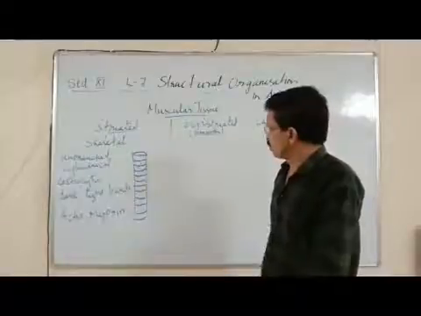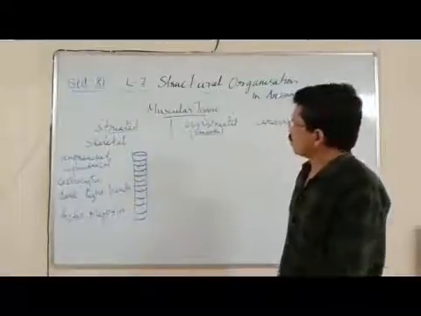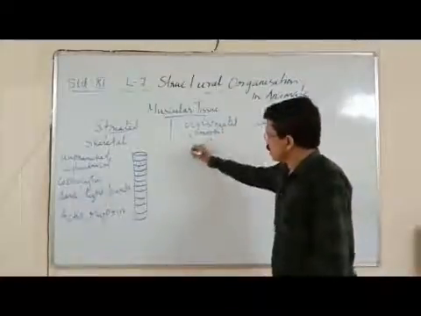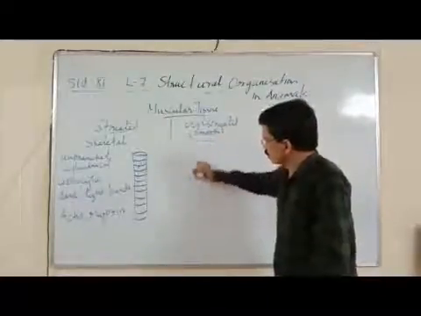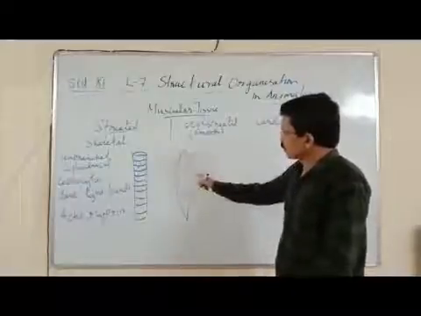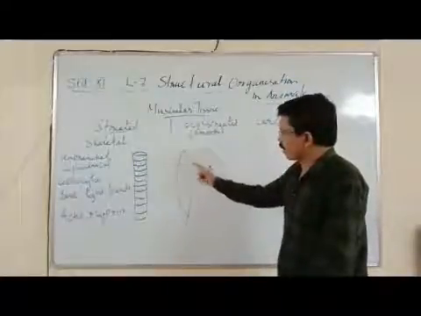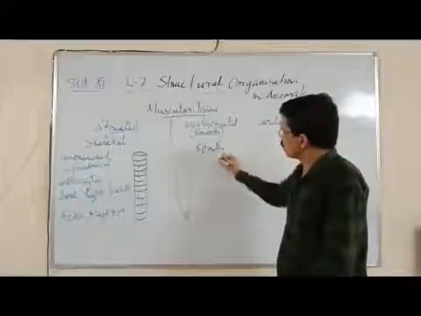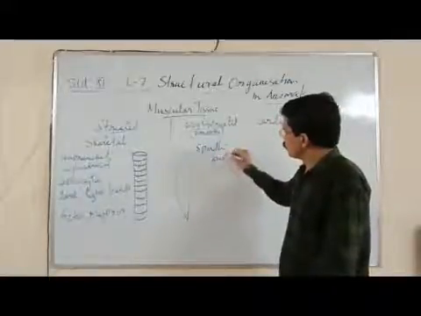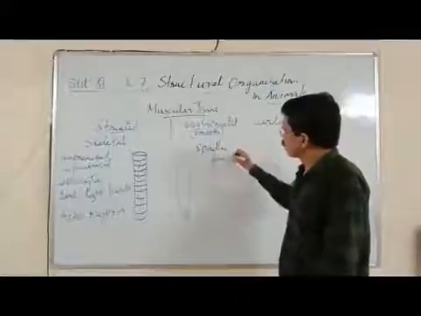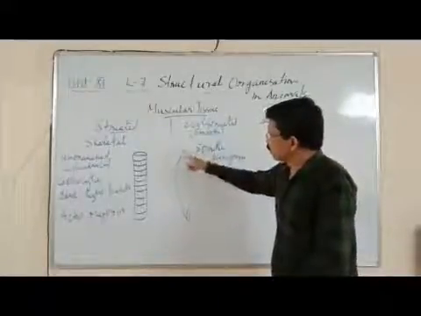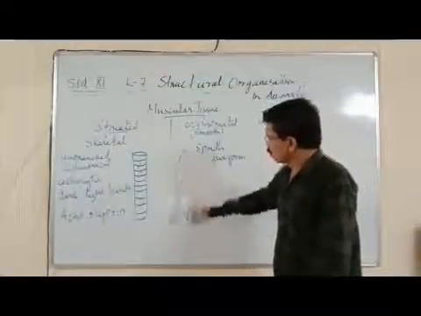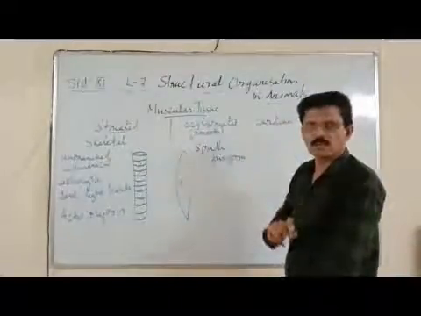Now the second type of muscular tissue is called unstriated muscles. They are smooth, they do not have striations or bands. Their shape of the cell you can compare. They are spindle shape. Spindle shape means fusiform. What is fusiform shape? A shape with both ends tapered. Tapered means pointed, and the middle part is swollen. They are uninucleate, having a single nucleus.